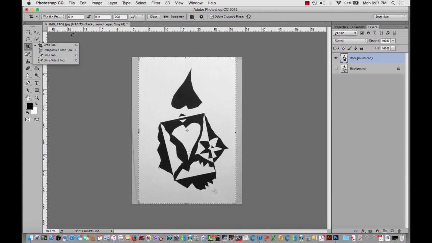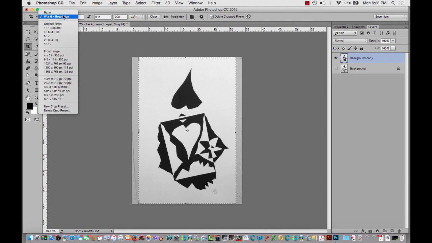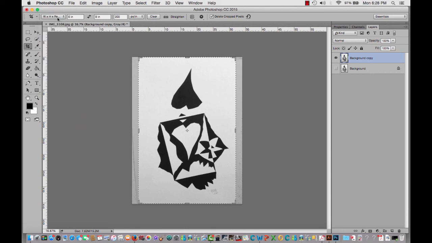And when we do that, you're going to see a set of guidelines, drop-down boxes appear, dialog boxes. And what may appear is, depending on who's been working on it, a variety of these. We want to do width times height times resolution. If there's a bunch of numbers in here, go ahead and hit clear,